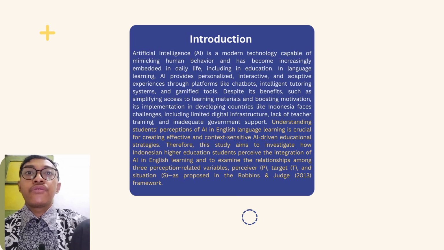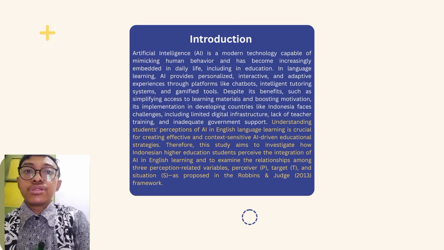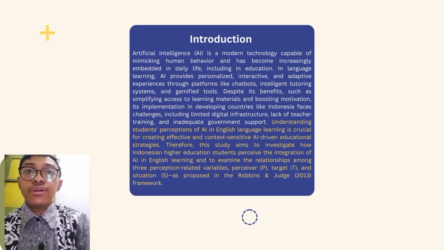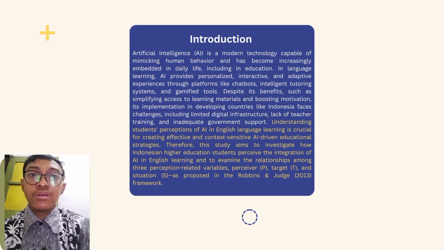This brings us to the heart of the study. In order to implement AI effectively in education, it is crucial to understand how students perceive it. That's why this research aimed to explore Indonesian university students' perception of AI use in English learning, using the theoretical framework by Ivancevich and Judge. This framework breaks down perception into 3 elements: the perceiver, which refers to the students themselves; the target, meaning the AI tools and features being used; and the situation, or the surrounding environment, including support from teachers, family, and